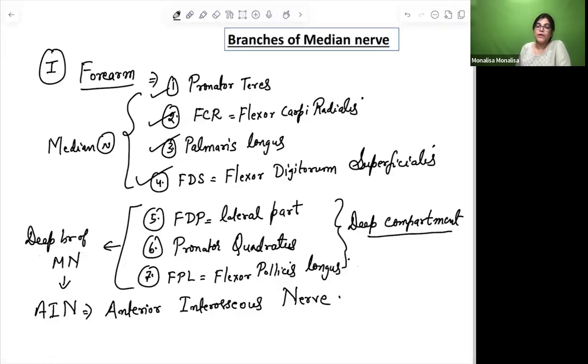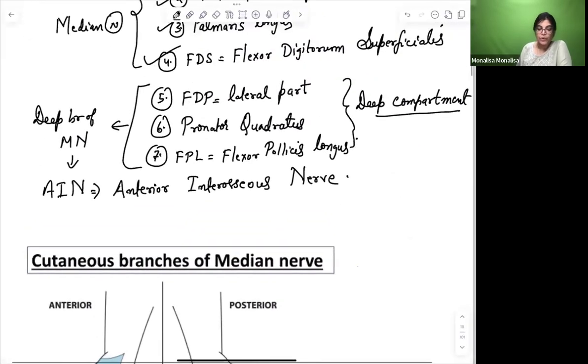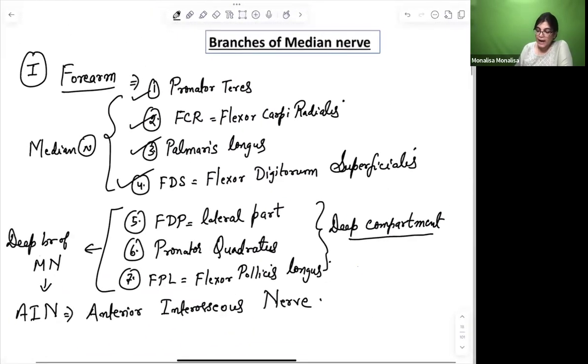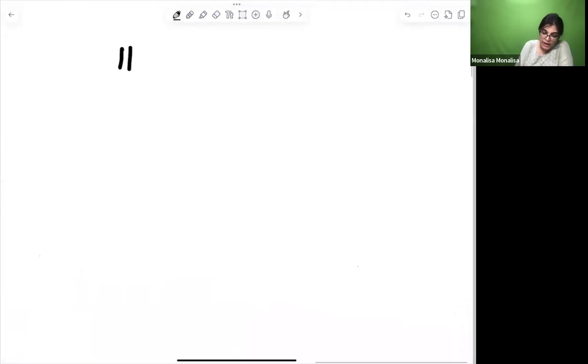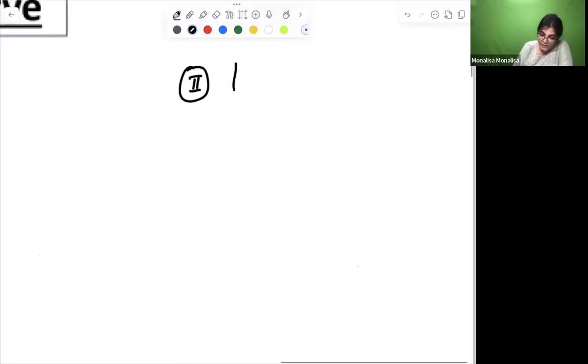Now, it's also important for us to know the muscles supplied in the hand. So basically, we have already covered the forearm, my dear students. In the hand, it is a revision part, and I think most of the students know the answer. So, median nerve branches in hand. In hand, it supplies